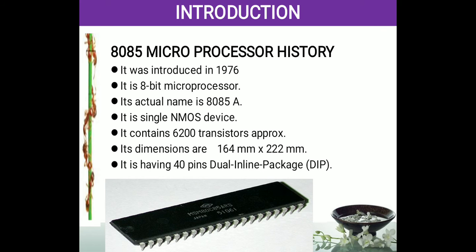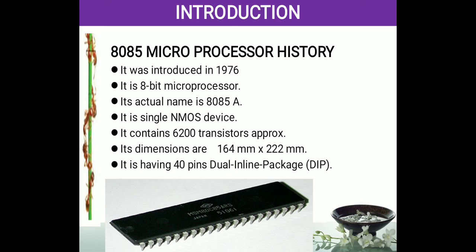Okay, this processor was introduced in 1976. It is an 8-bit processor. Okay, 8-bit, only 8 binary digits. 8 bits is equal to 1 byte. Now we are working with gigabytes and megabytes. Even the internet speed is in megabytes and gigabytes. But at that time they were having only 8-bit operations. Okay, 8-bit data only is processed by this processor.